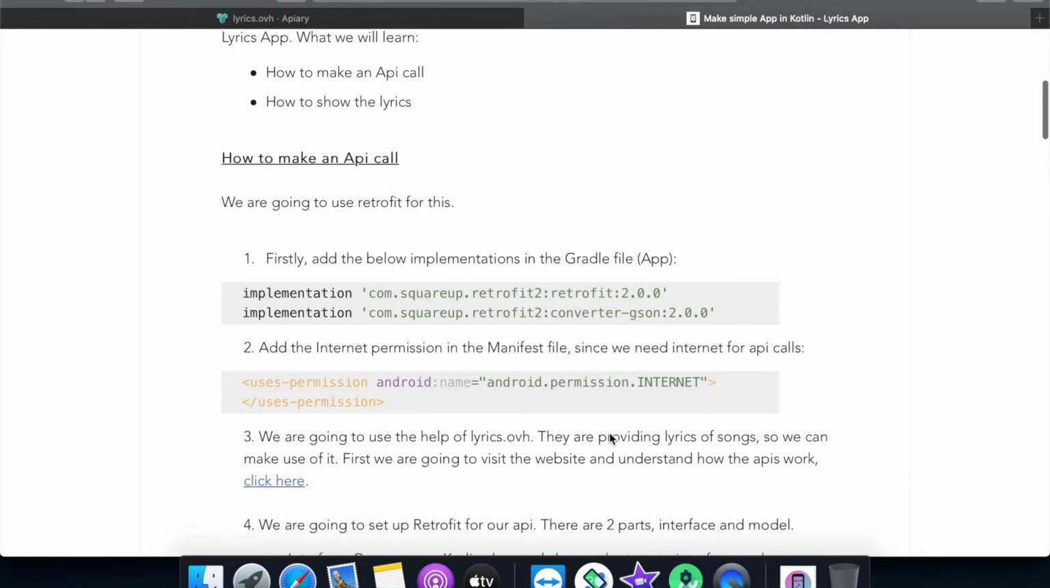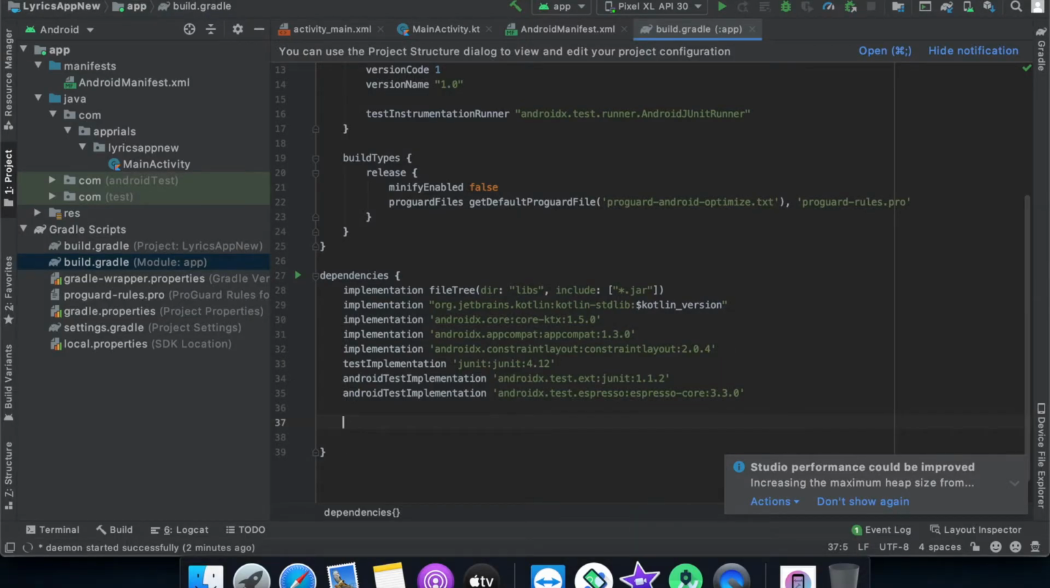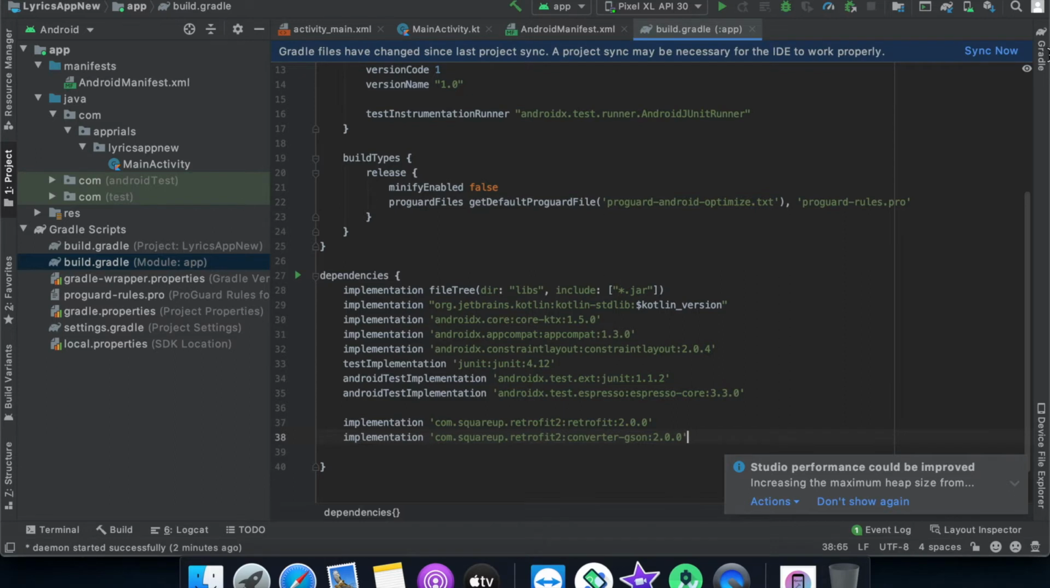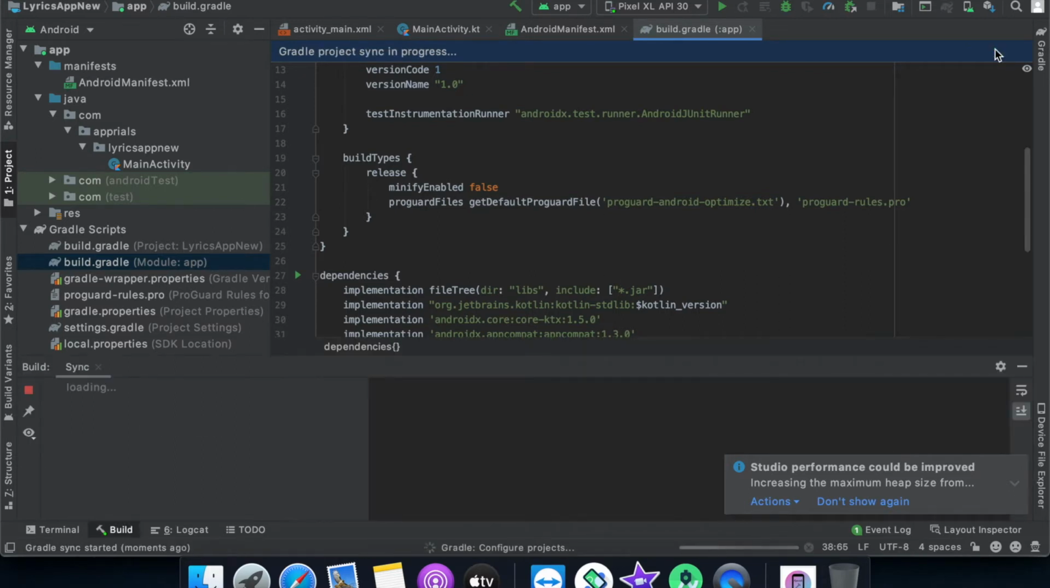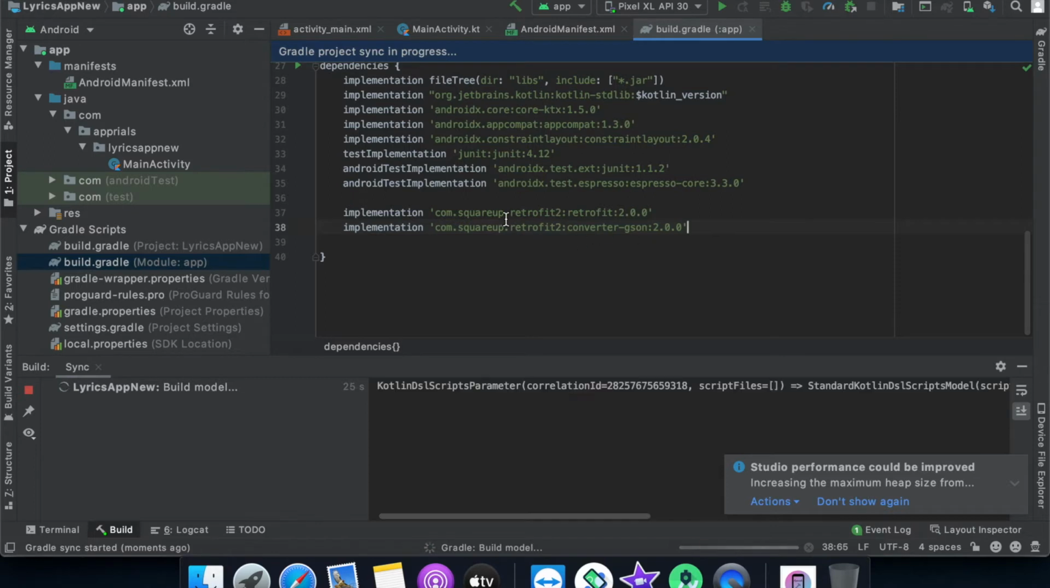Okay, so firstly we're going to add in this implementation. It is easy for me, hence I'm taking from my website. Once this is added, just sync. For our API, we are going to use Retrofit. Volley also we can use, but that is kind of old, so we are going to use Retrofit. It's easy for me, it's more likely that I can understand this, so hence I am taking Retrofit. While this is getting downloaded,